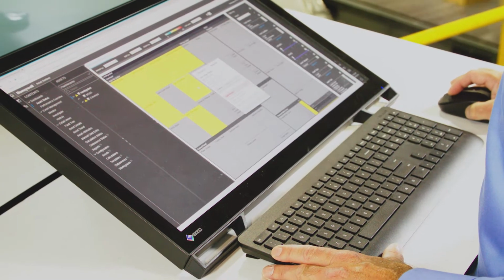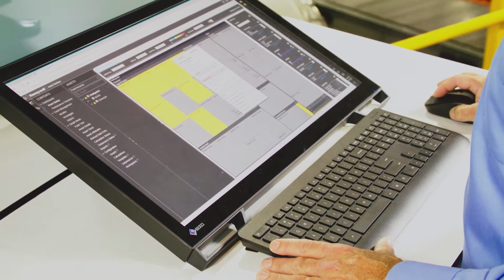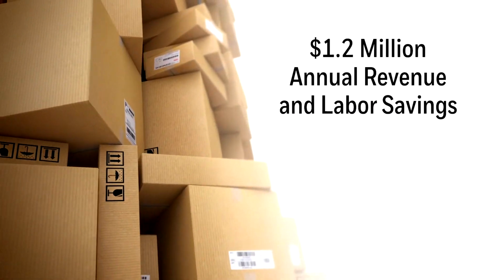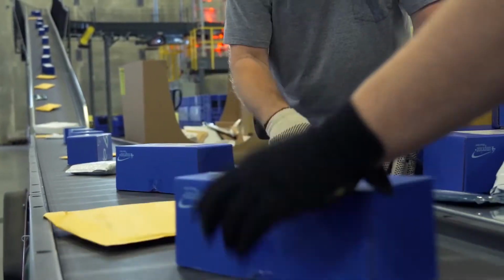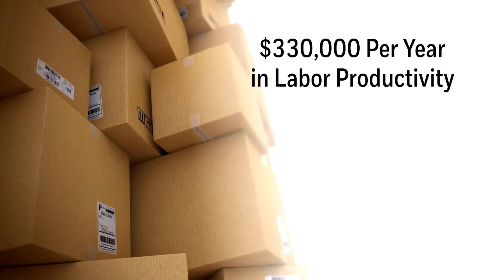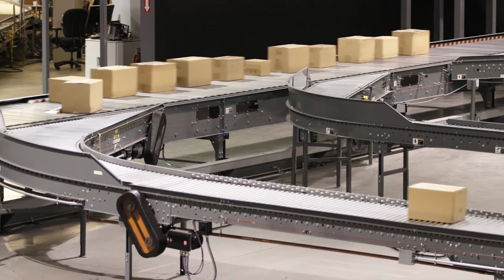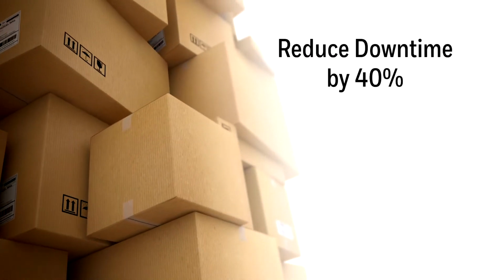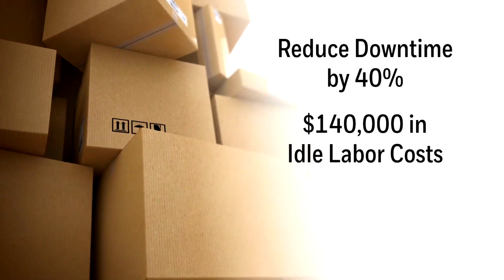With connected assets from Honeywell Intelligrated, you can address these common challenges and achieve up to $1.2 million in annual revenue and labor savings. By identifying and reducing common handling errors, you can recover up to $330,000 per year in labor productivity. Using our predictive approach to maintenance, you can reduce downtime by as much as 40% and reclaim up to $140,000